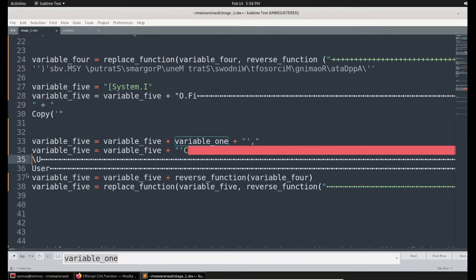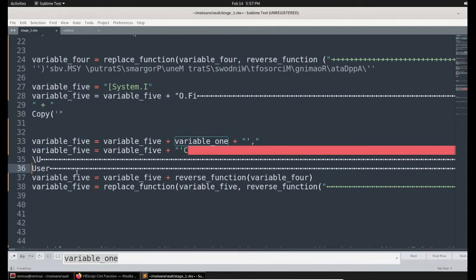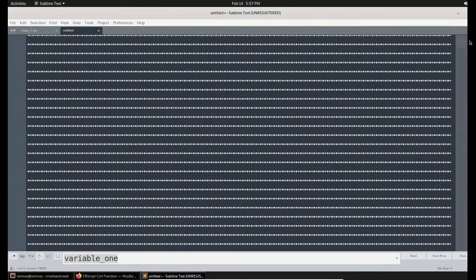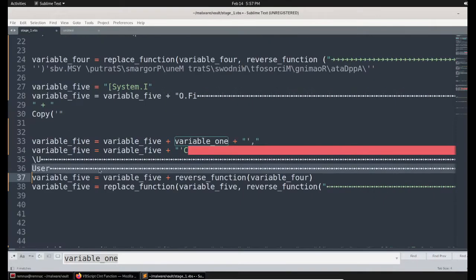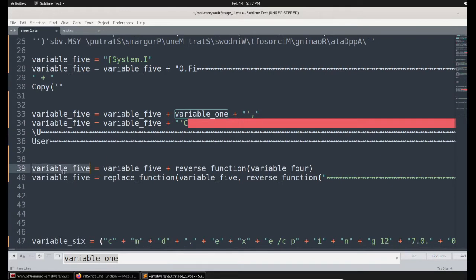And once again. Right, now I defined everything. So up to this specific line, variable 5 contains this many non-printable trash characters. Now let's move on to the next one.